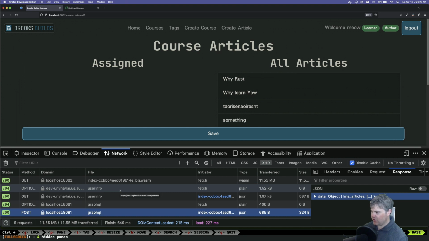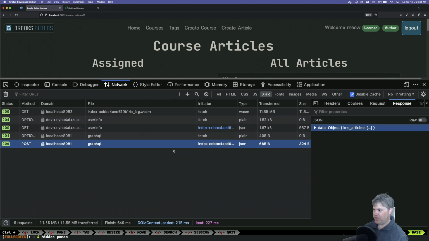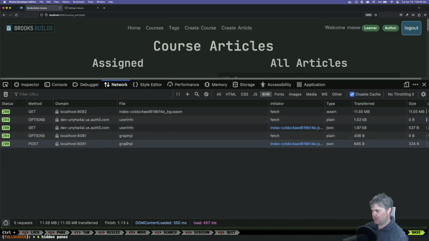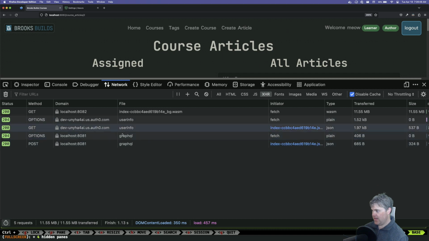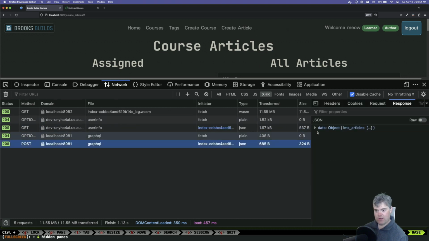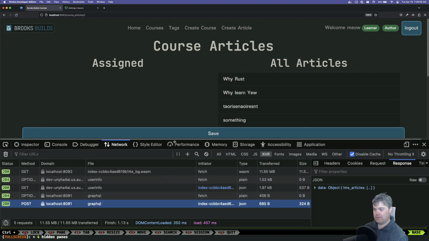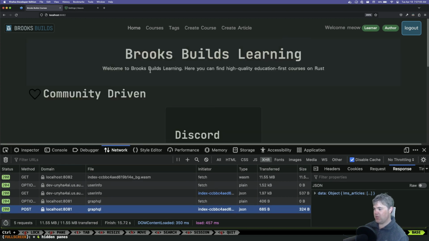Am I not getting the course at this point in time? Oh, I'm only seeing one GraphQL query here when I hit refresh and I go straight to here. And that is this one, which only gives me the LMS articles. Well, that's a thing. Now, if I come to home,